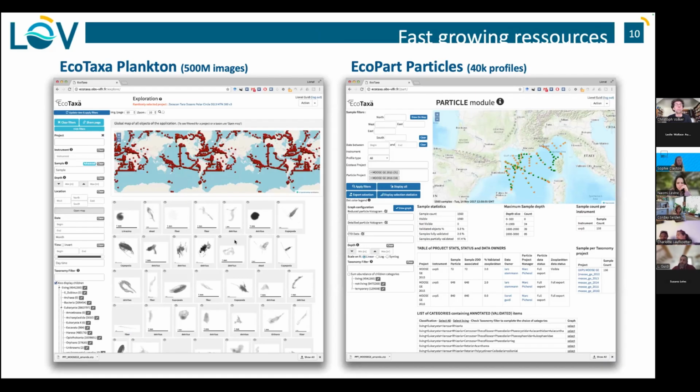This is an example of what we have and that you can use. It's called EcoTaxa, and you can go on it, browse, and request access to different projects. You'll see a bunch of images for specific cruises, specific locations. There are rights associated with the images, depending on whether they're open, private, whatever. And you can use them.